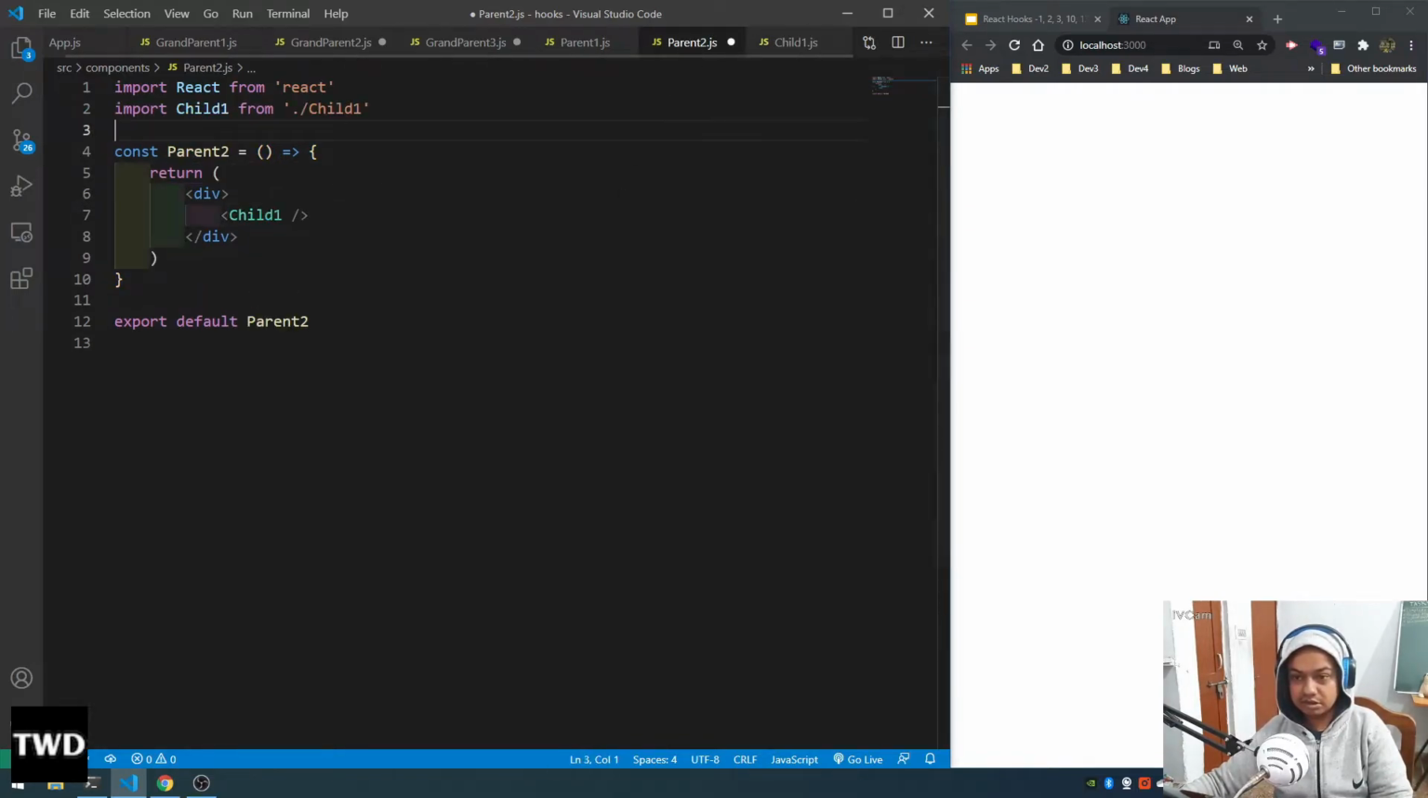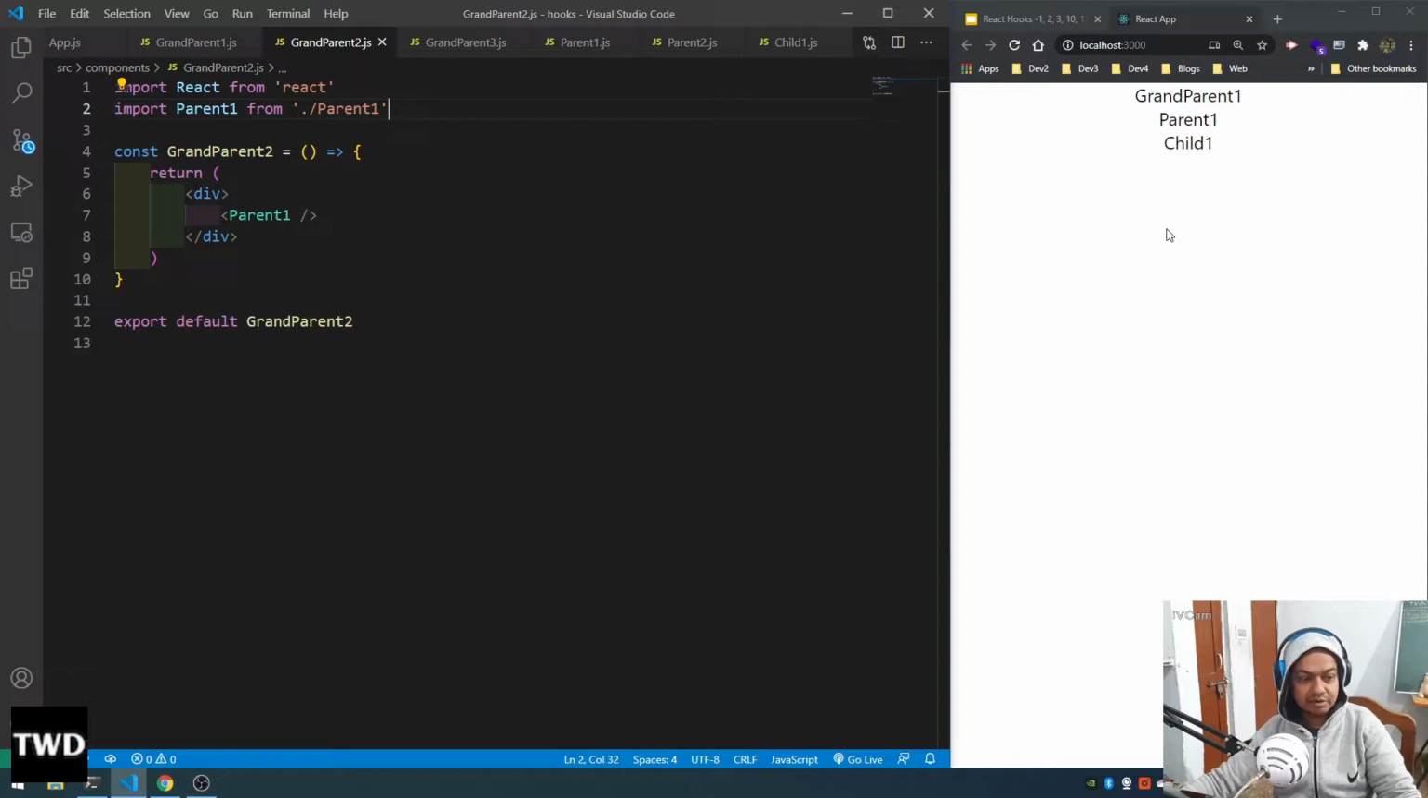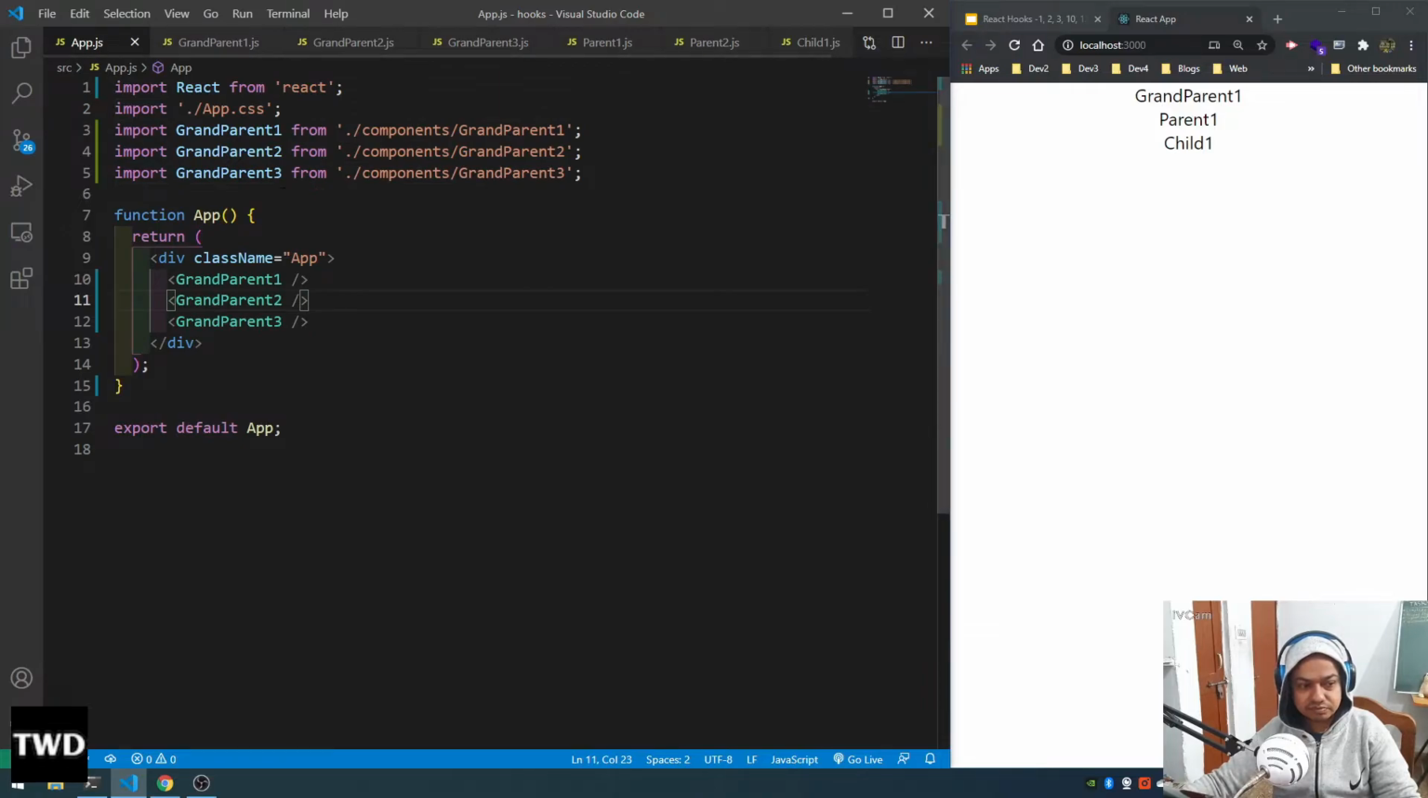This will contain the child 1 text, child 1, grandparent 2. Now it is coming: grandparent 1, parent 1, and child 1. So it is coming. Now let us go ahead, and our goal is to maintain a state